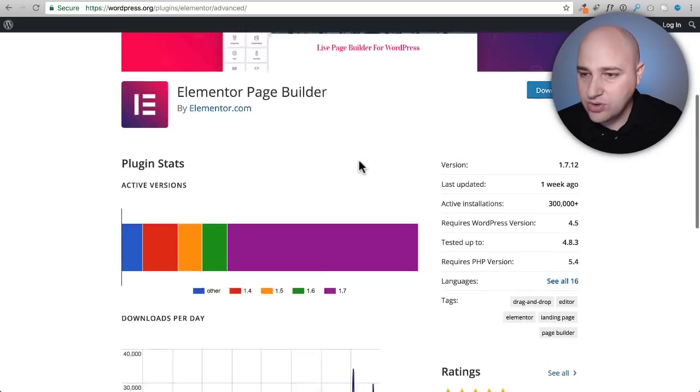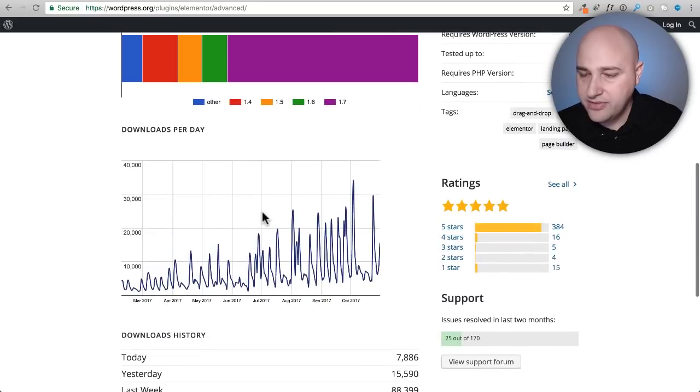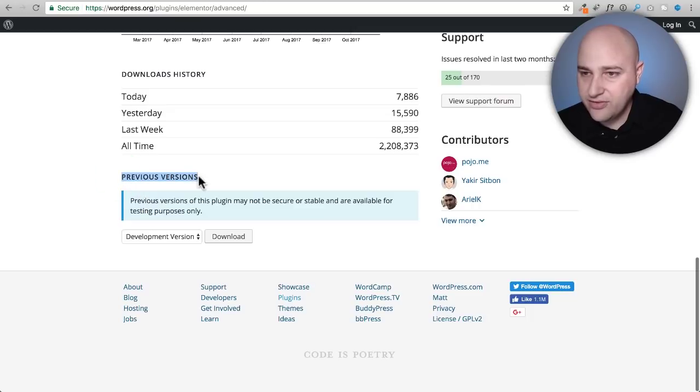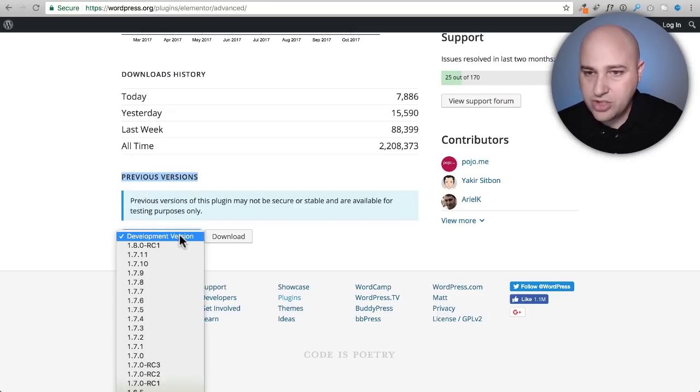And then when I scroll down just a little bit underneath all of these impressive stats, right here it says Previous Versions. Now, if we go on the drop down, here are all the prior versions, and this is for any plugin or theme on WordPress. You can go here and get these prior versions of them. Now, in this case, we're going to get version